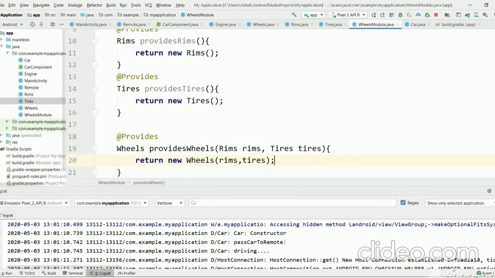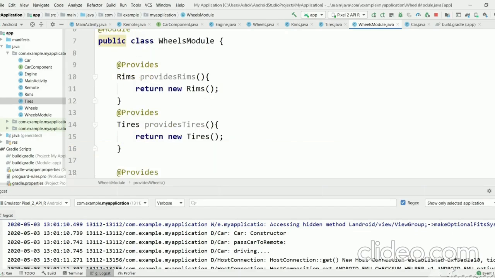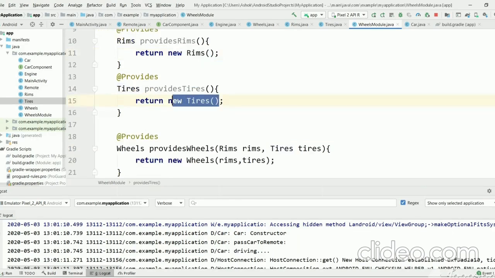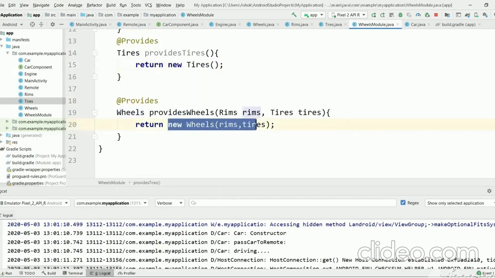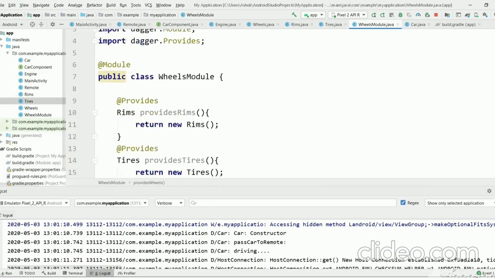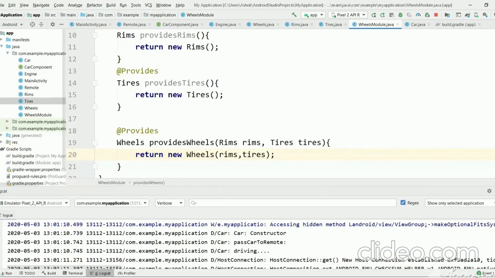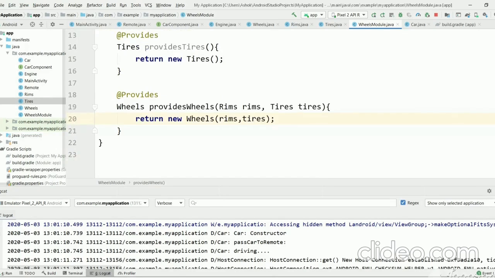Now Dagger will try to create a Wheels object, and it has two method parameters, Rims and Tires. Dagger will search how to create Rims, and it will find this method to create Rims and this method to create Tires, and they will be passed to the Wheels object. Now let's execute again and see whether the program is running or not.